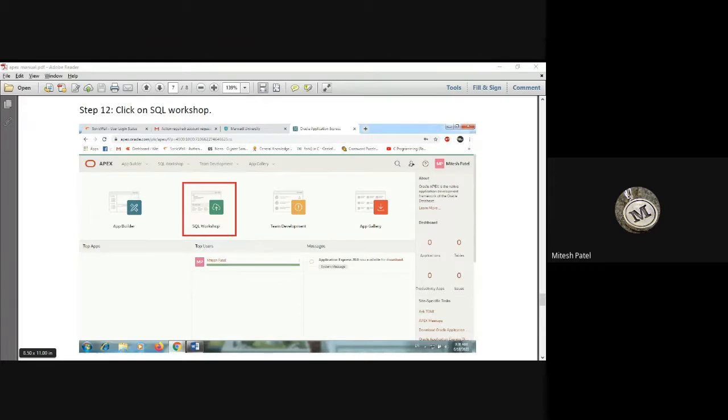You cannot give any excuse, sir, I don't have a laptop or tablet or whatever. Everyone has a mobile phone, so from a mobile phone you can perform all the queries. And I will ask each and every student to share their screen, whatever we have done. On the next step, don't worry.